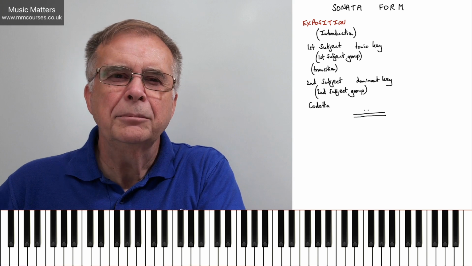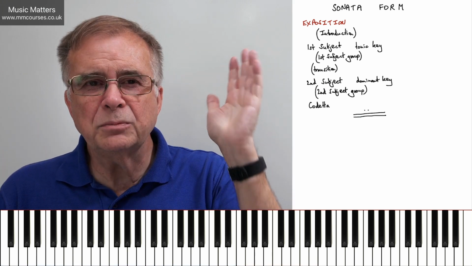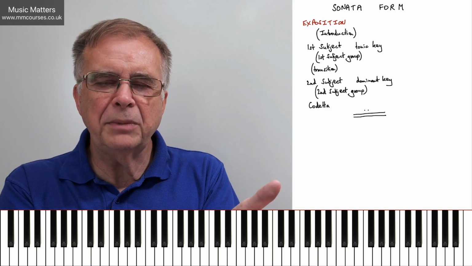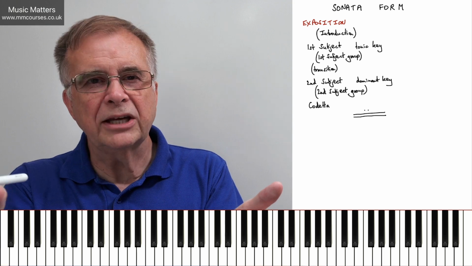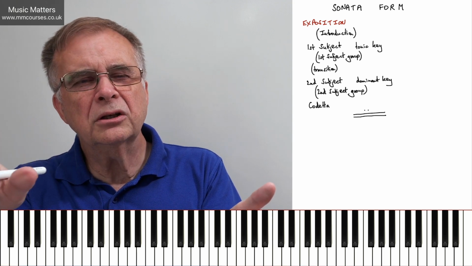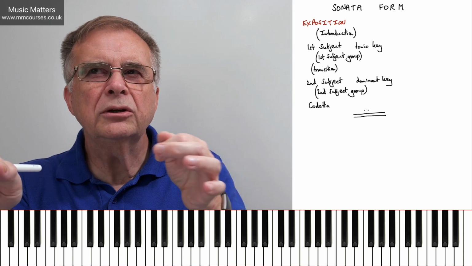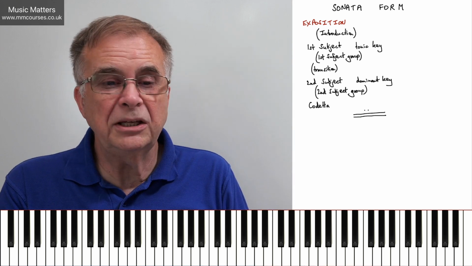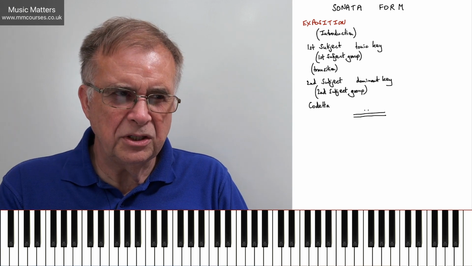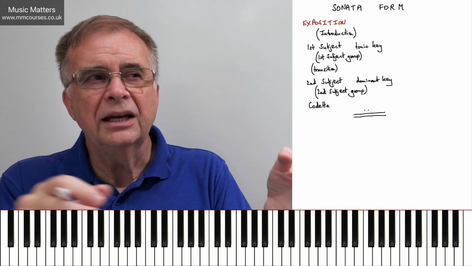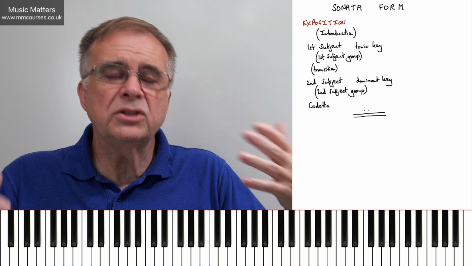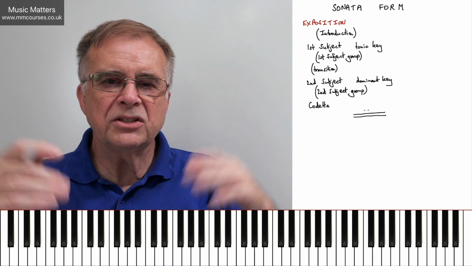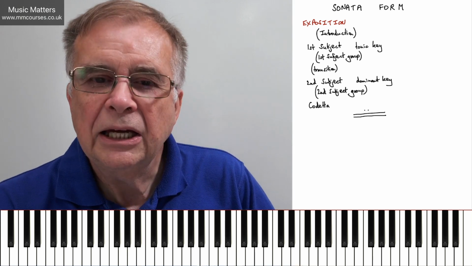Well, it might be that it works all right to finish on the tonic chord of the dominant key, because if you think about it, let's give an example. Say the first subject is in C major, so your dominant key is G major. You've finished in G major on the tonic chord, so that's a chord of G major. Well, of course, the tonic chord of G major is also the dominant chord of C major. So it's a pivot chord, which means you could go back to C major quite easily. But many composers just decide to write a little codetta that either takes us back to C major or just does this job of wrapping up the exposition, if you like. So that's how we expect an exposition to work.